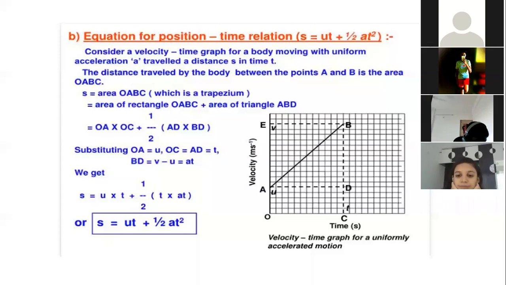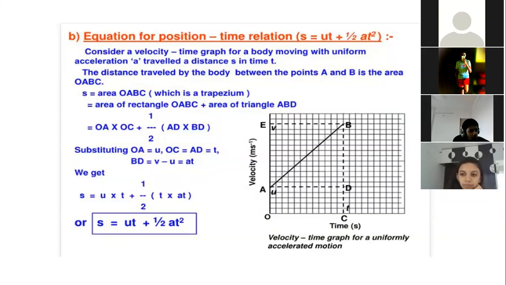If I'm going upstairs in a 15-storey building, and from that building I drop an object, then if I have the acceleration value, the initial velocity and the time, I can find the height of the building without measurement. That is why Newton derived the second relation, which says that distance is equal to initial velocity into time plus half into acceleration into time squared. So s is equal to ut plus half at squared. Nothing you have to do.